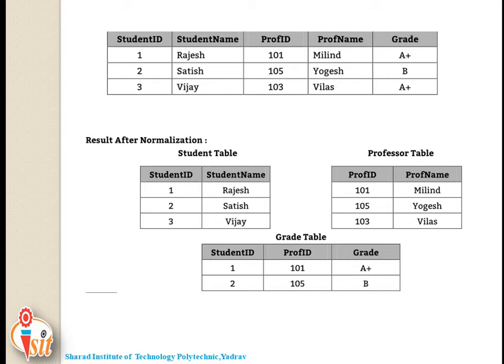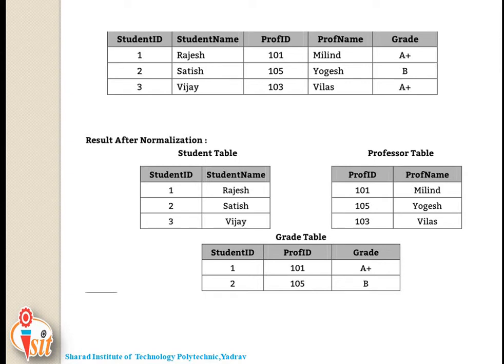The third table, grade, is necessary. Here, how many tables are there? Student table is there, professor table is there, and grade table. The third table grade is necessary for combining the two relations, student and professor, and to manage the grades. Besides the grades, it contains only the two IDs of the student and the professor. If now a student is deleted, we do not lose the information about the professor.